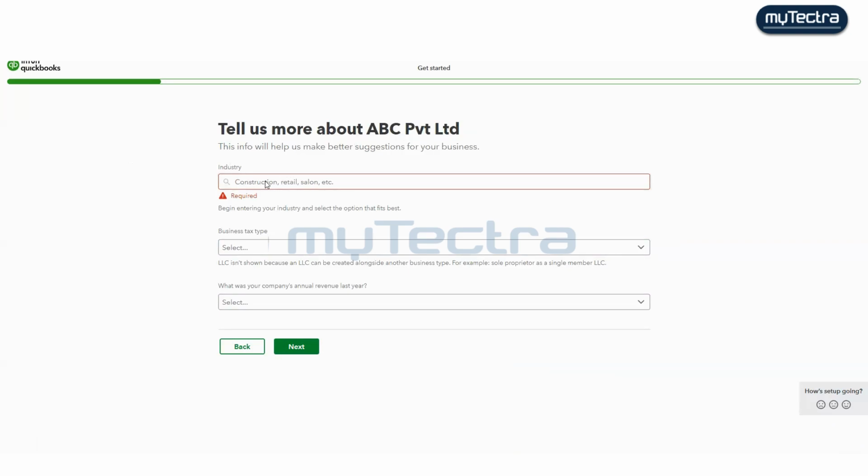Now it is asking me the industry. See, I have started from here, now I have closed here, so I have done till here. Before that, it just asked me the credit card detail and the payment, and I put in everything. After that, it is asking me the industry. Industry means what type of company profile it is. For example, a retailer, distributor, service provider, architect, accounting services, IT companies. Because it is only for 1 month, I'm just taking an example.